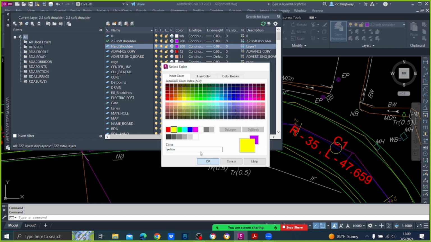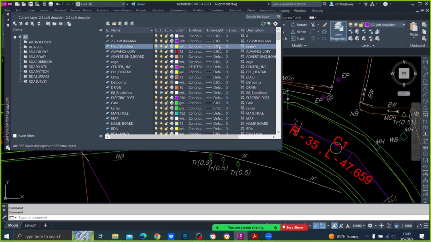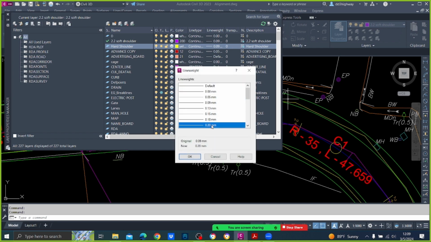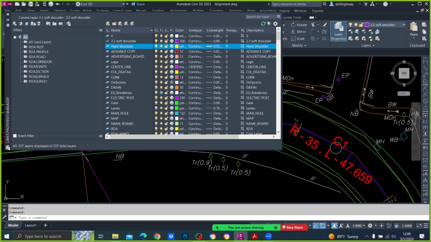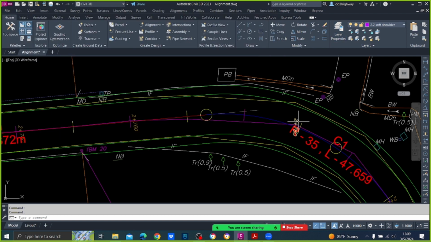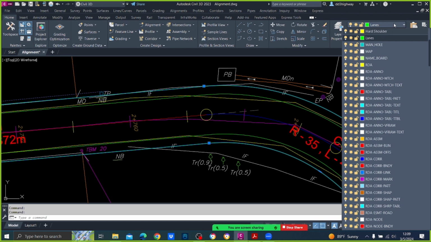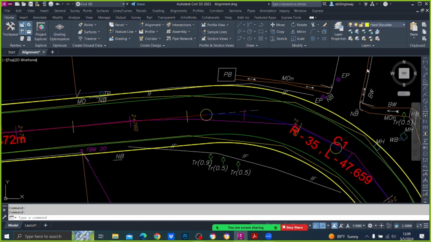Usually we take yellow, and line weight is usually 0.35. You know why? Because that is the end of the carpet, right? So to demarcate that, we give some thick line. Okay, so you can select these two and then go to hard shoulder, drop them into hard shoulder,